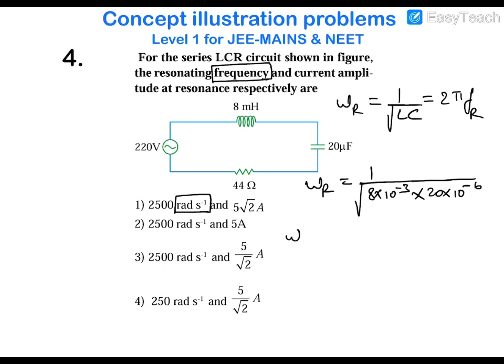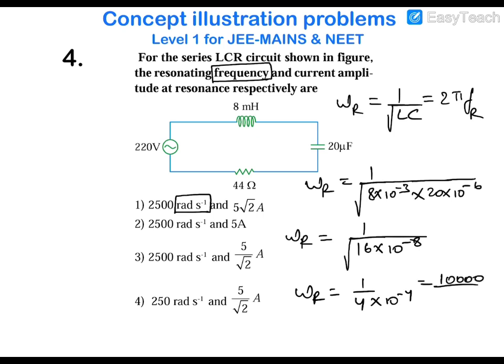So omega resonance will be equal to 1 upon under root of 16 into 10 raised to power minus 8, so 1 upon 4 into 10 raised to power minus 4, and this will be equal to 10,000 upon 4, that is 2500